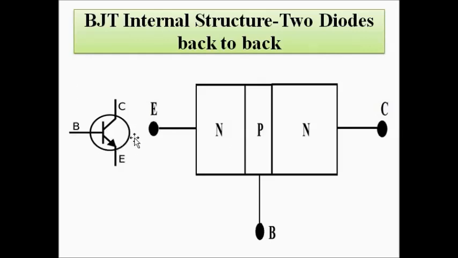Now this is the schematic symbol of a bipolar junction transistor. You know that this arrowhead is the emitter, this one is the base, this one is the collector. Now this is the BJT in block form. It consists of 3 blocks with a p-type block sandwiched in between 2 n-type blocks, or an n-type block sandwiched in between 2 p-type blocks, forming an NPN or PNP type transistor. Here we have taken the NPN type transistor for